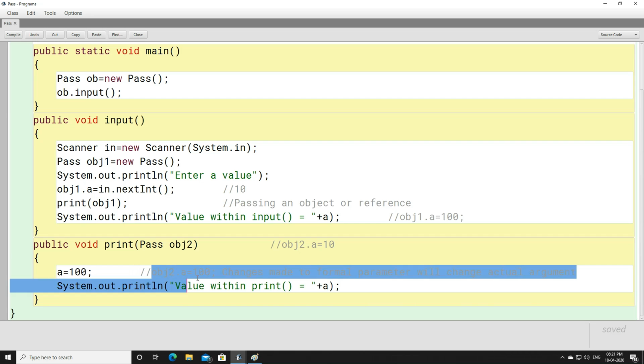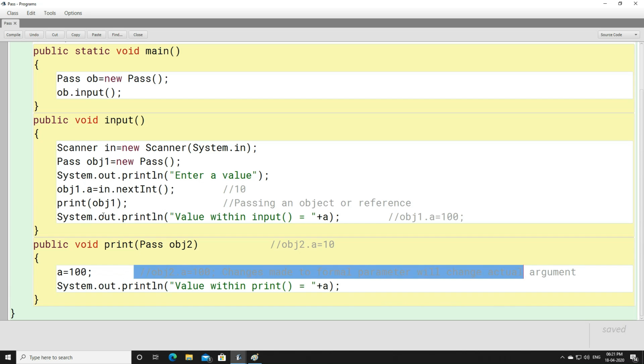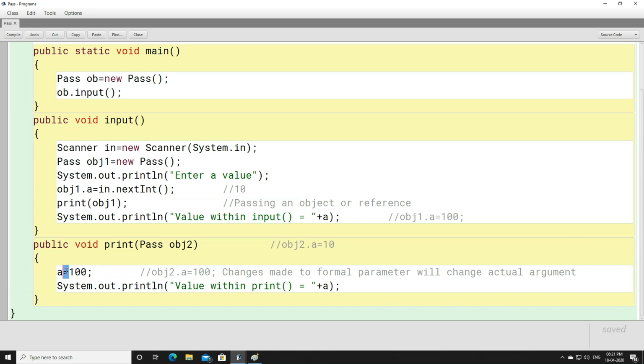Any change made to formal parameter will change the actual argument. So when you change the value of the formal parameter, you can see that the value of the actual argument will also change. So here a is made 100 for obj2. So automatically for obj1 also a will become 100.